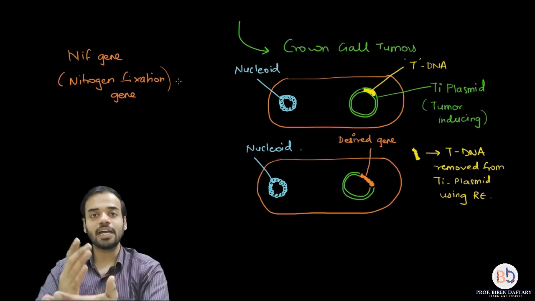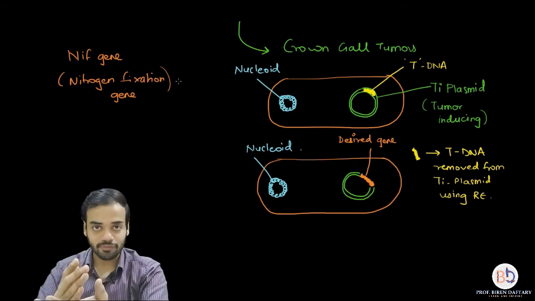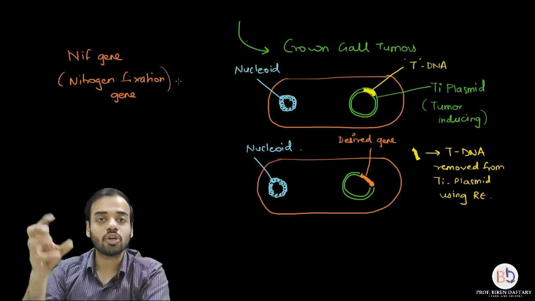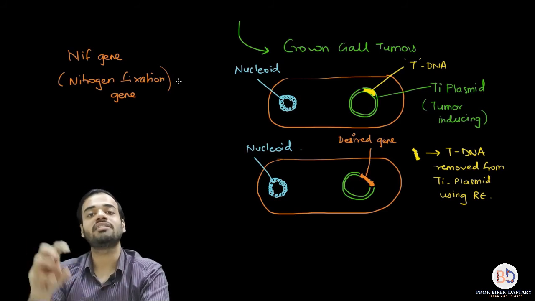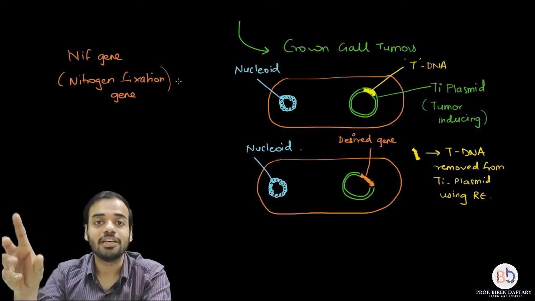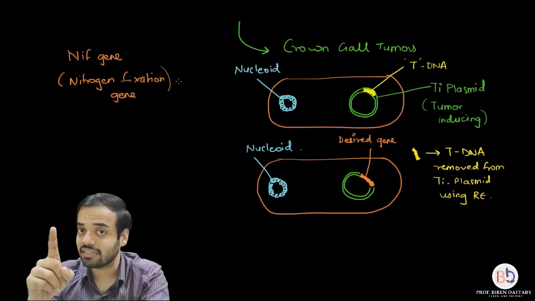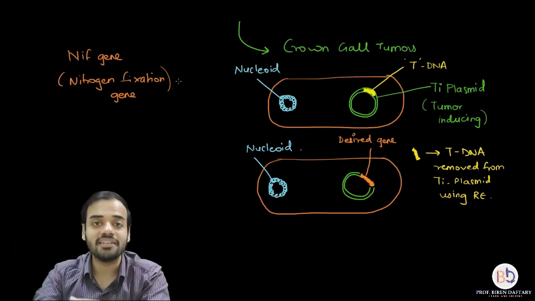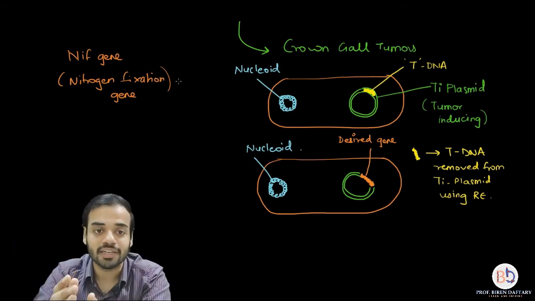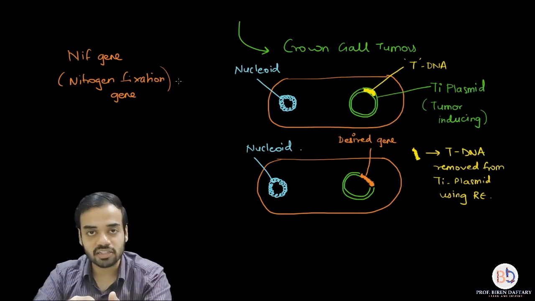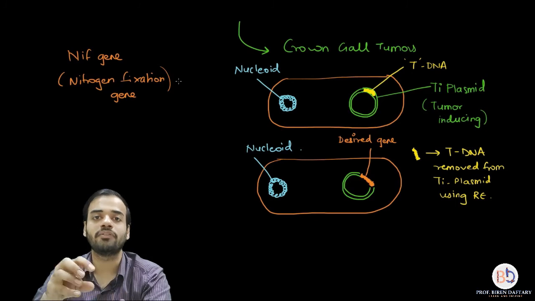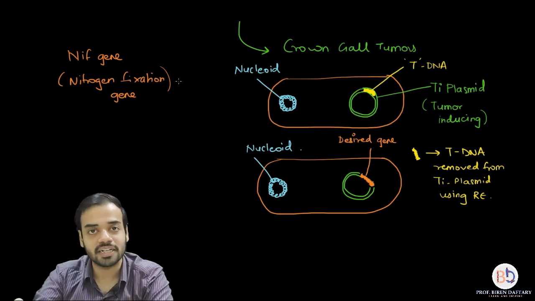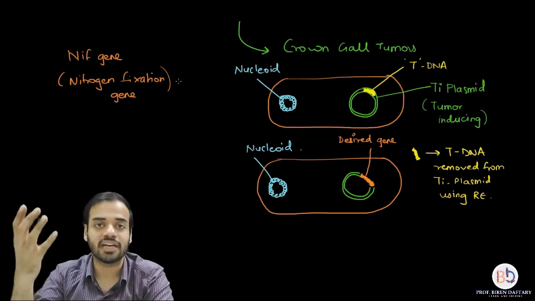So basically I am using Agrobacterium tumefaciens as a source of a cloning vector. Which is the cloning vector over here? The cloning vector over here is the Ti plasmid, tumor inducing plasmid, which originally had the tumor inducing gene, which is the tDNA, but I removed that tDNA. Instead of that, I added my desired gene or my DNA fragment which I wanted. Is this clear? So in agriculture, please remember, Agrobacterium tumefaciens is used, and the Ti plasmid is modified using recombinant DNA technology, and it can be used as a cloning vector.